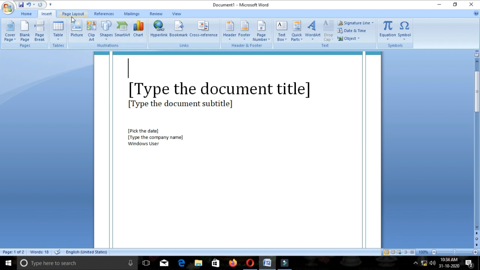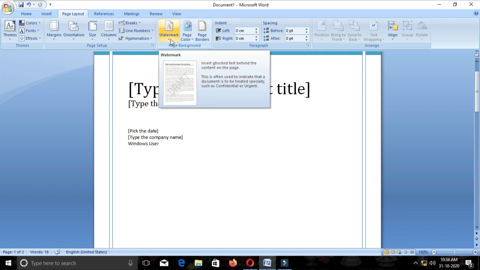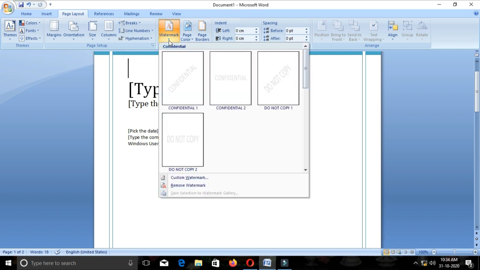After I choose this, I am going to look at the watermark. For creating a watermark, in the main menu, third tab, there is Watermark. There are also some example templates available.